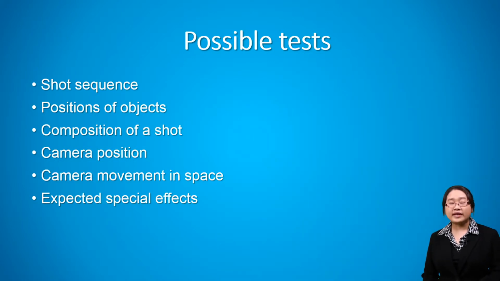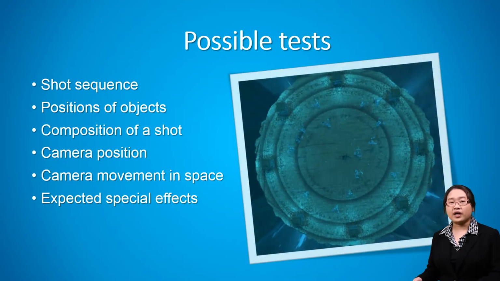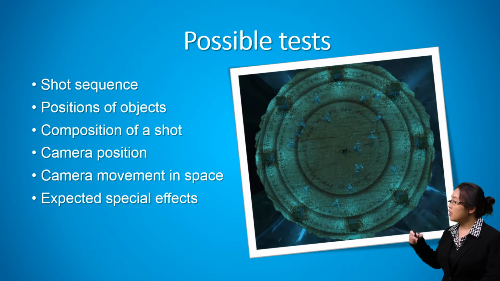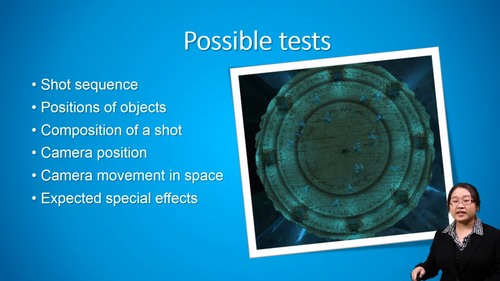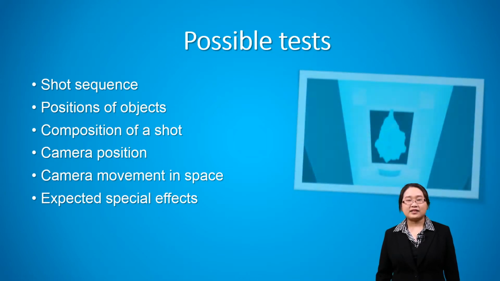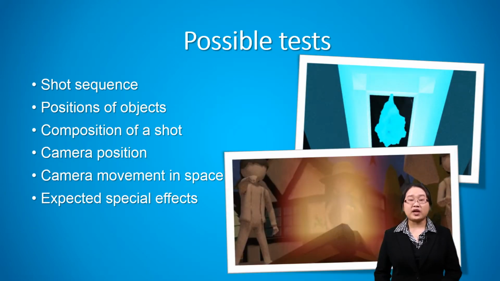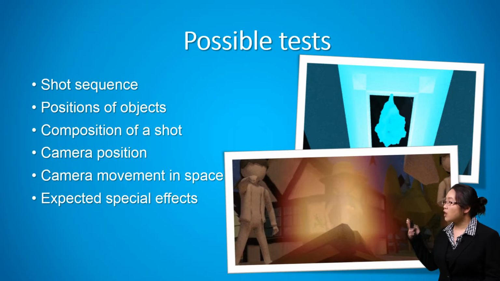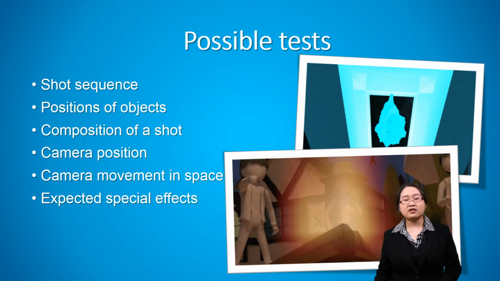Then you can also test the camera angles because you can have multiple angles. Some angles will be nicer, and you know that in the 3D world you can always rotate the camera around to find the best one, right? Not only that, we can also use the pre-visualization to test out possible special effects like lighting, the light emission, or even other kinds of special effects, for example, the collision.